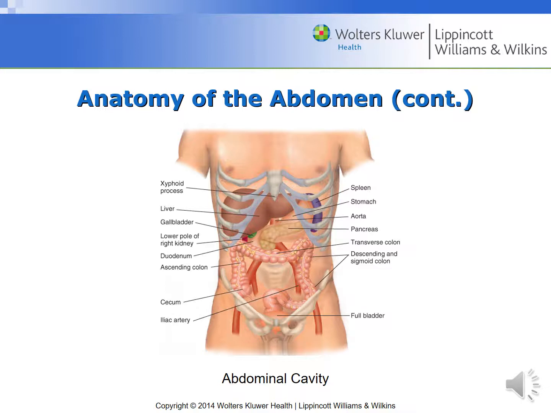So if you think about it that way, if it was palpable, then you might consider there's an issue going on. Just going around, starting with the right upper quadrant, the soft consistency of the liver usually makes it difficult to feel through the abdominal wall. Think about the gallbladder, which rests against the inferior surface of the liver. And then, of course, more deeply, the duodenum and pancreas are generally not palpable. But at a deeper level, the lower pole of the right kidney